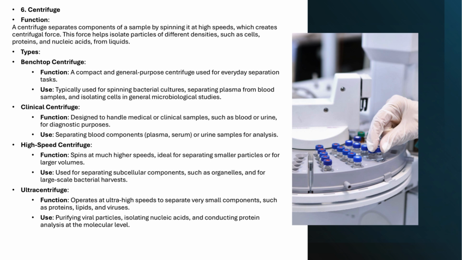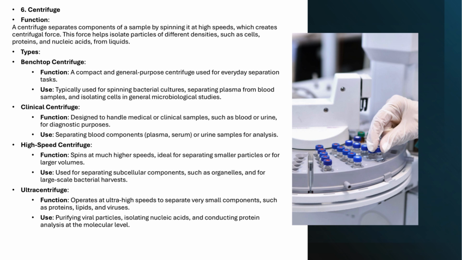A clinical centrifuge is designed specifically for handling medical or clinical samples, like blood or urine. It's mainly used for separating blood components, such as plasma and serum, or for preparing urine samples for further diagnostic analysis. High-speed centrifuge. If you need to separate smaller particles or work with larger volumes, a high-speed centrifuge is the